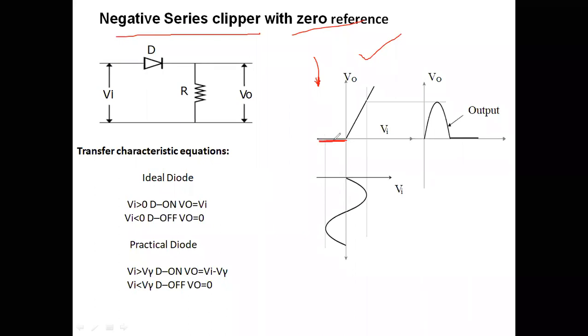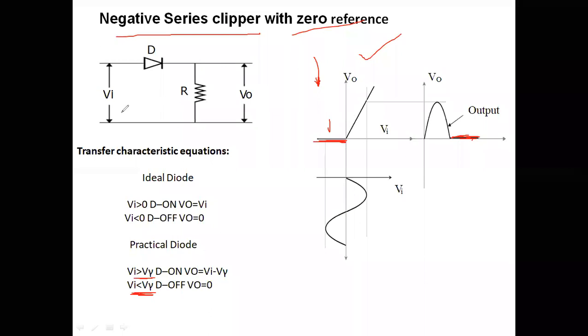Sorry, this is the ideal characteristics. This transfer characteristics is ideal because there is no cut-in voltage here. I didn't consider any cut-in voltages. If you don't consider any cut-in voltages, then it will be an ideal case. If you consider the practical, I have explained in words here, in the equation. You will have the cut-in voltages. In the graph we don't mention any cut-in voltage, therefore it is an ideal case transfer characteristics.